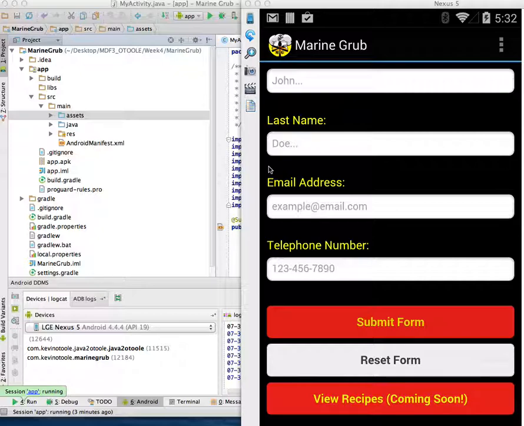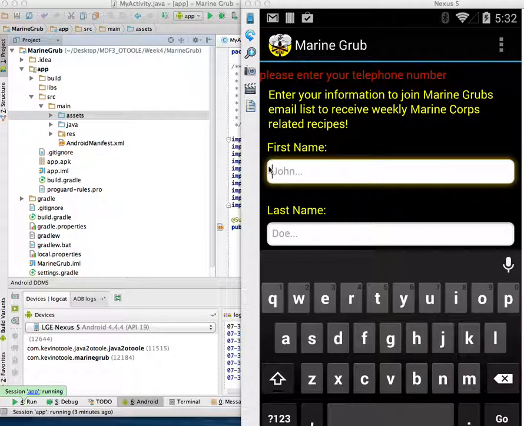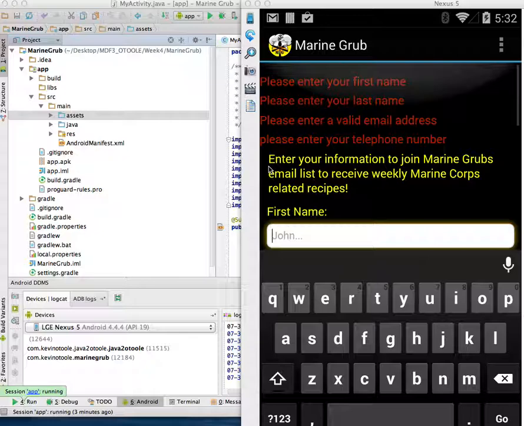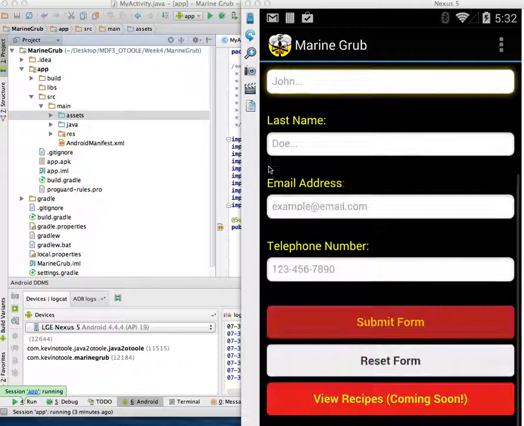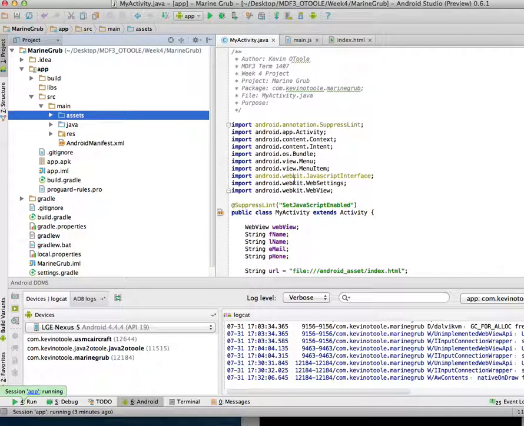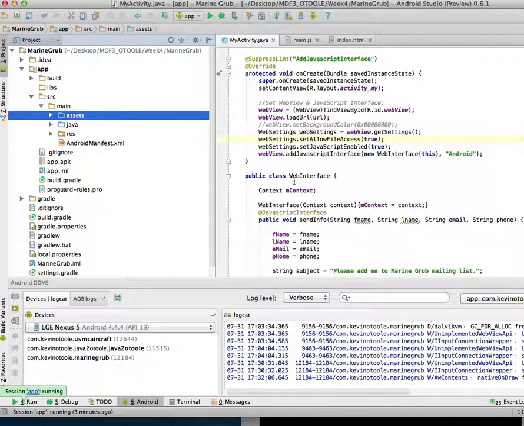If they submit the form without anything in it, or any of the rows are not filled in, the errors do pop up. And then when they submit the form, it fills all the information out, and then it has them choose which email they want to send it through, and then it'll populate the email with all the information, and then it gets sent. So here on my left, this is my Java, and here we have the web view being instantiated,